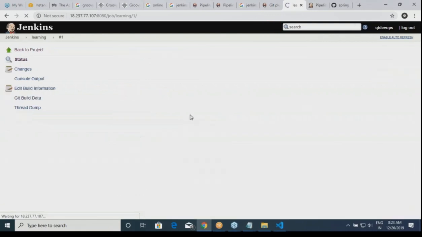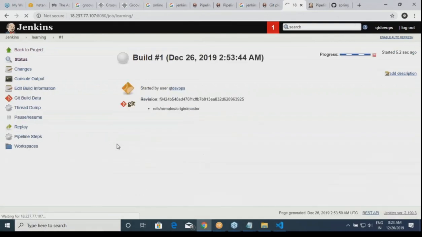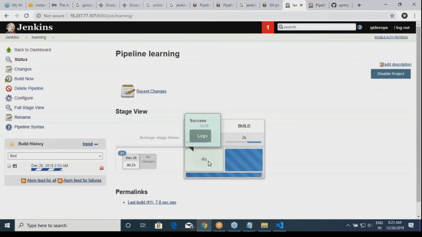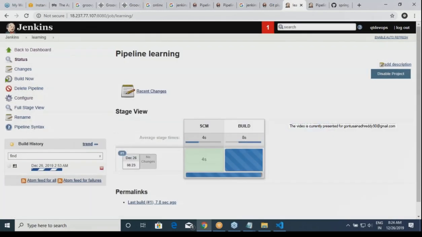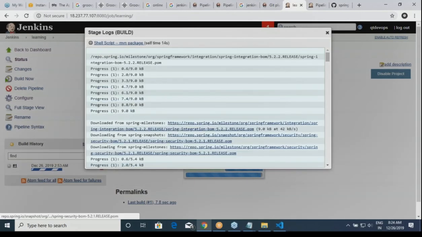And let us see what is happening. Are you seeing SCM? Okay. So you can see the SCM logs over here. This is the logs with respect to SCM, what has happened when this stage has executed. And then these are the logs with respect to what is happening with respect to your